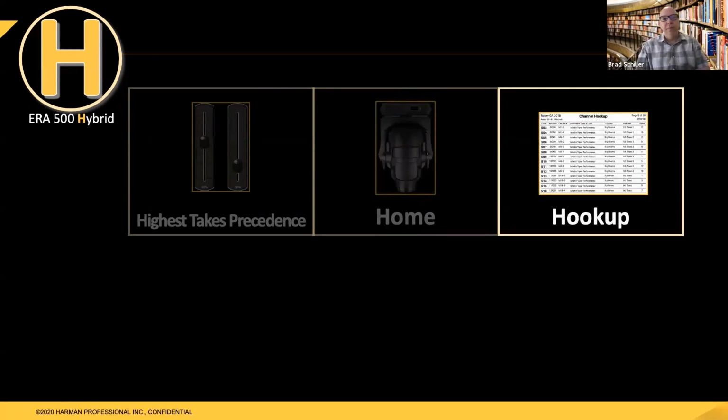Hookup sounds like something people do on a Friday or Saturday night, but actually a hookup is a piece of paper or a sheet, a spreadsheet. And what it means is it's something that details your patch and much, much more. A hookup sheet will give you lots of information. It'll tell you where the fixtures are patched and their DMX addresses. It'll also tell you what their purpose is, and how they're circuited, where they're plugged into. So a hookup sheet gives you lots of information like that.